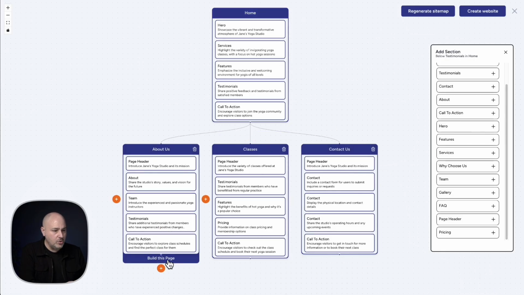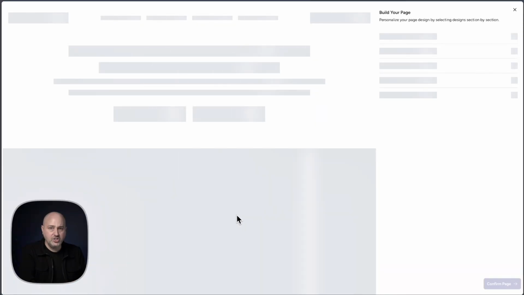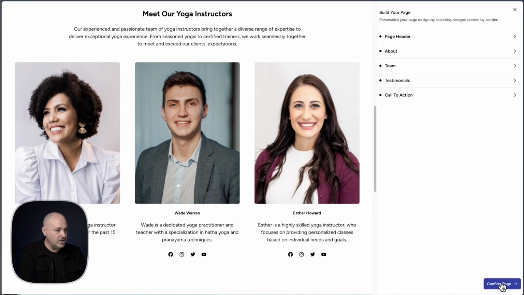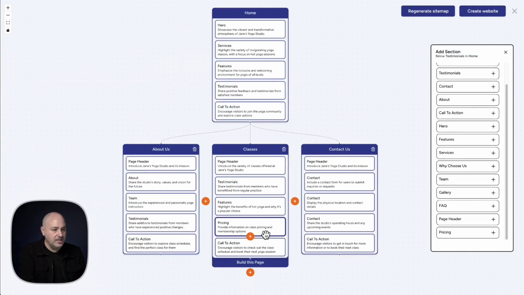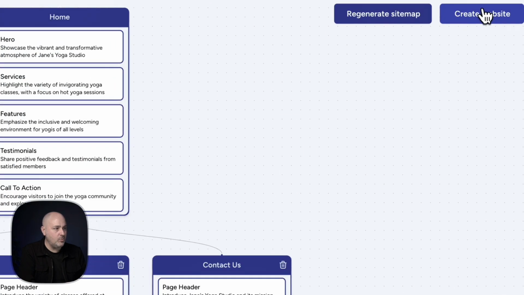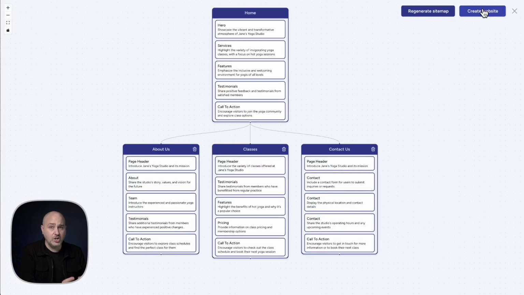And so you would go into each of the pages, verify everything to see if it's how you like it, click on confirm page. And when you're done doing this, you can click this option right here in the top right that says create my website. And this is going to go ahead and create the website. So I'll go ahead and click on